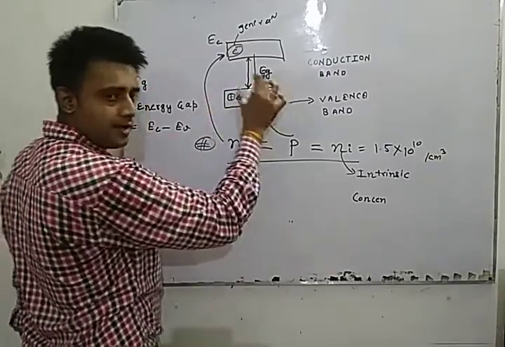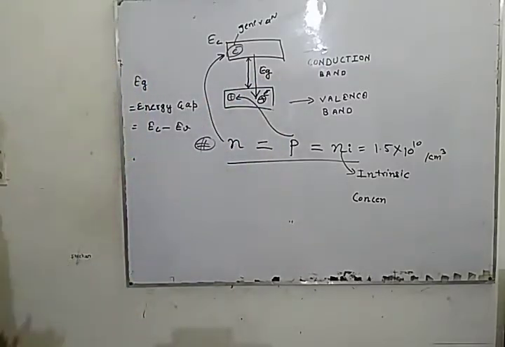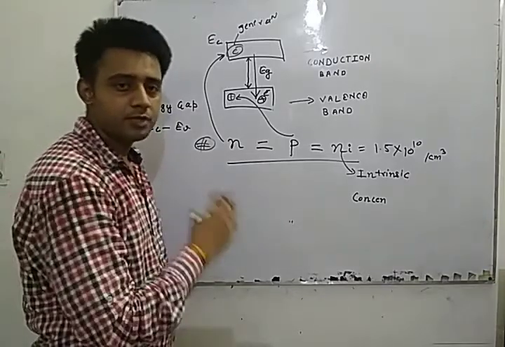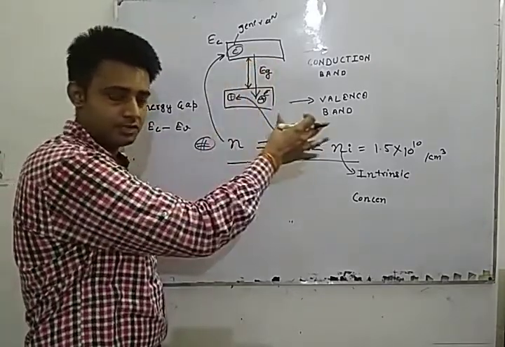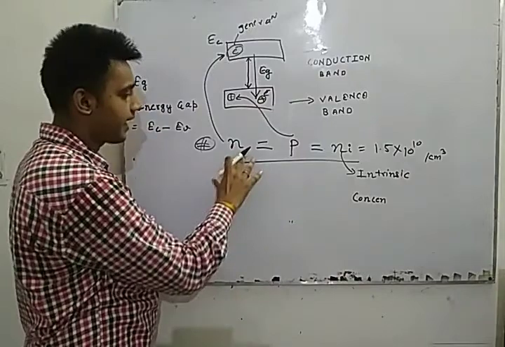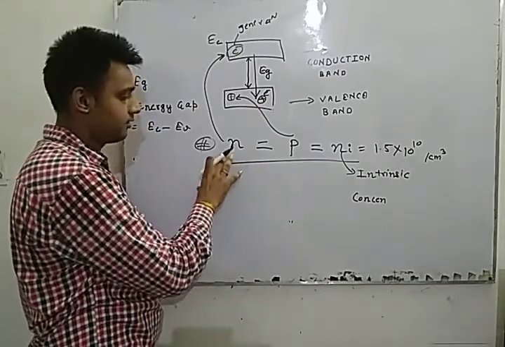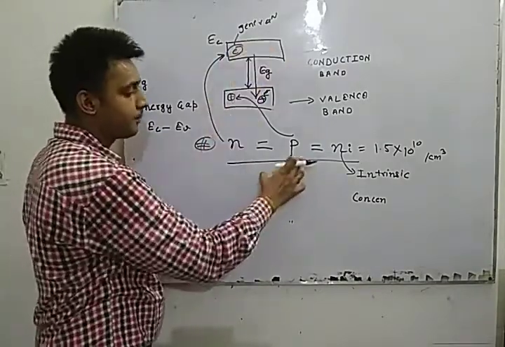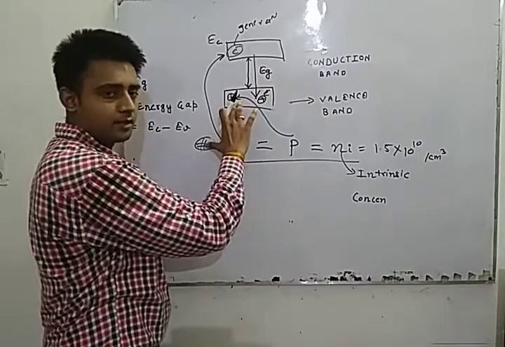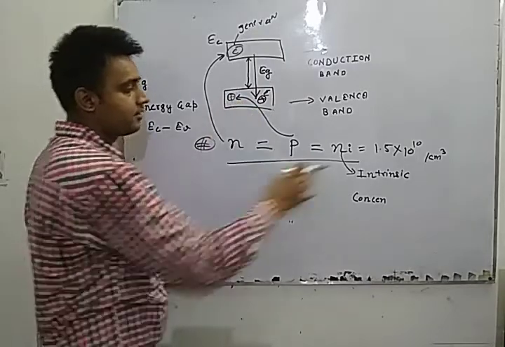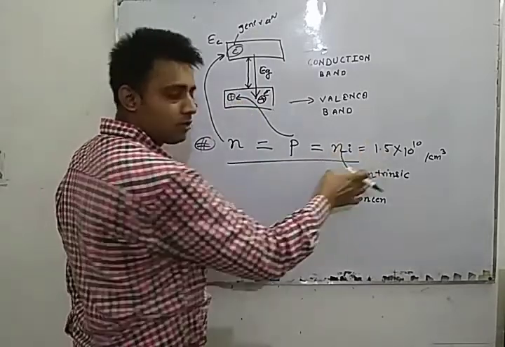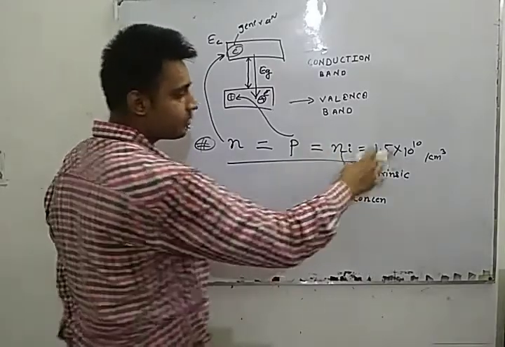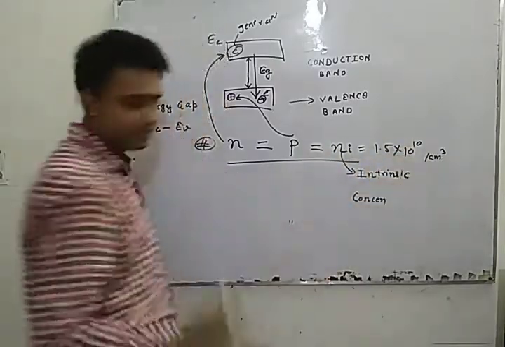That is called the recombination. So the whole story behind all of this process is generation and recombination. That is the N, as we tell, the number of electrons in the conduction band, P, the holes, that is positive charge, holes in the valence band state, and these all equal to a constant, the intrinsic carrier constant, whose value is 1.5 × 10 to the power 10 per centimeter cube.